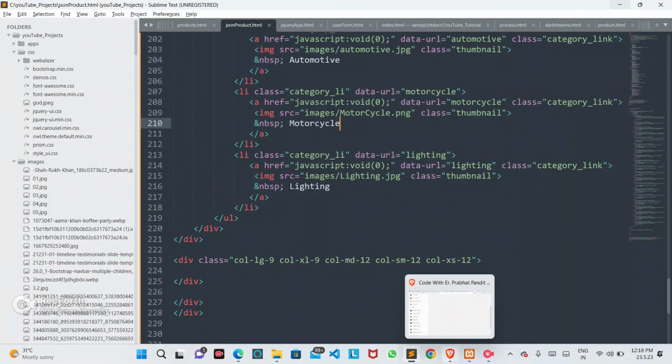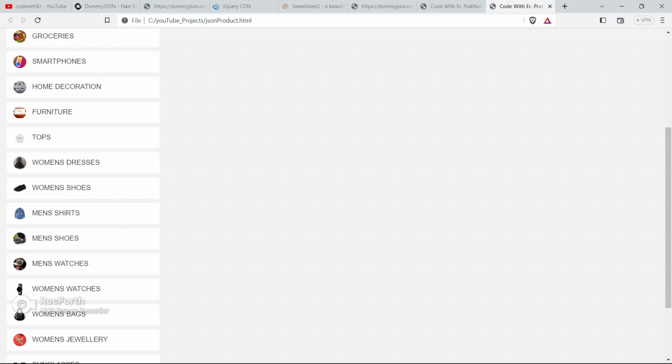So save your code, go to the browser and refresh your page. Yeah, we have got each and every categories guys.